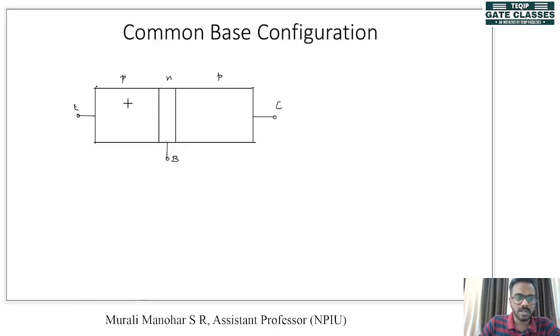In this case, we know that there is a current flow from emitter to collector. There is a huge current flow here because of the majority charge carriers, which are holes, right? Out of this, some current flows through base. This is a very small amount and it flows through base. So this is IE, this is IC and this is IB. Today we will see what are the current components in a PNP transistor.